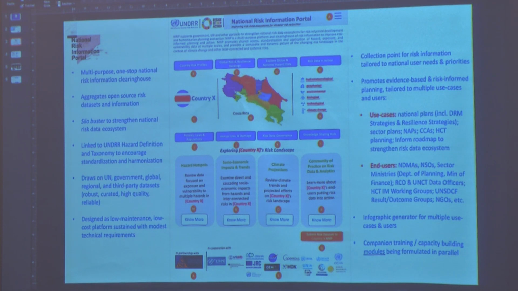So it's an aggregation platform. We do not host any data. Unlike the DRIP, which is a product that is taking some of that information and synthesizing it and putting it into a platform, we're not doing that with NRIP. We are essentially an aggregator of risk information using that standard taxonomy, and we're drawing from multiple sources, recognizing that there's scope to improve UN performance on how we share risk information across UN agencies.